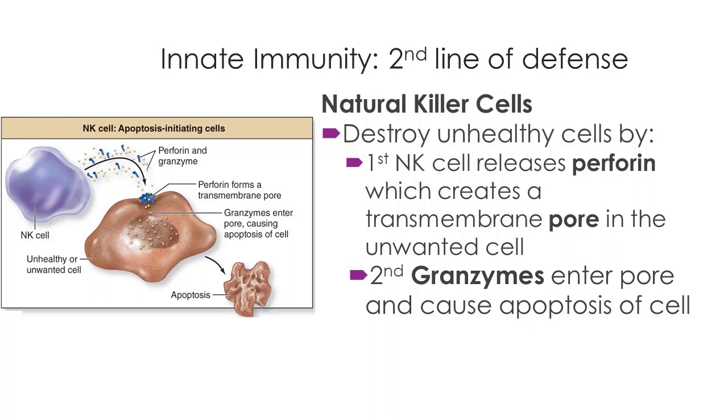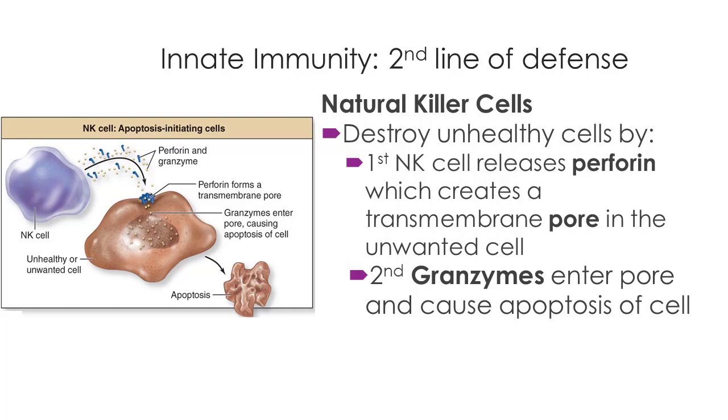They go around screening, detecting cells. The transplanted tissue, we said, if you don't have a close enough match, these are the cells that will lead to a tissue rejection. And the way they accomplish that is, first, these cytotoxic T cells, they secrete materials called